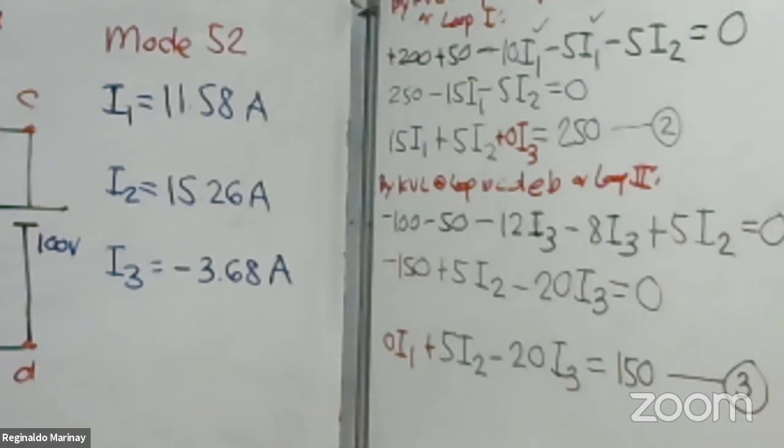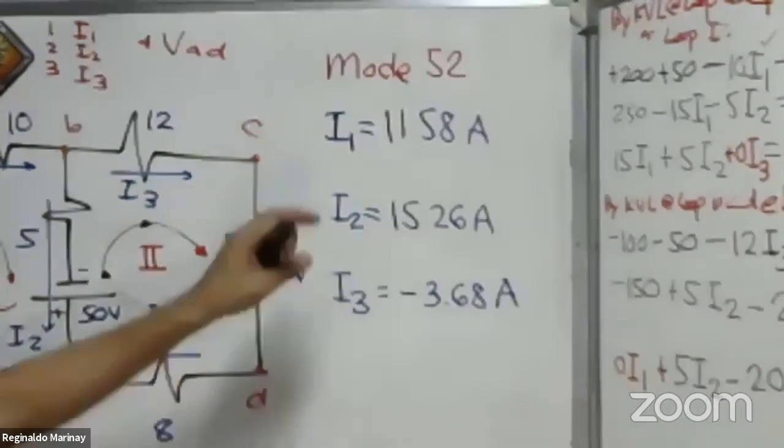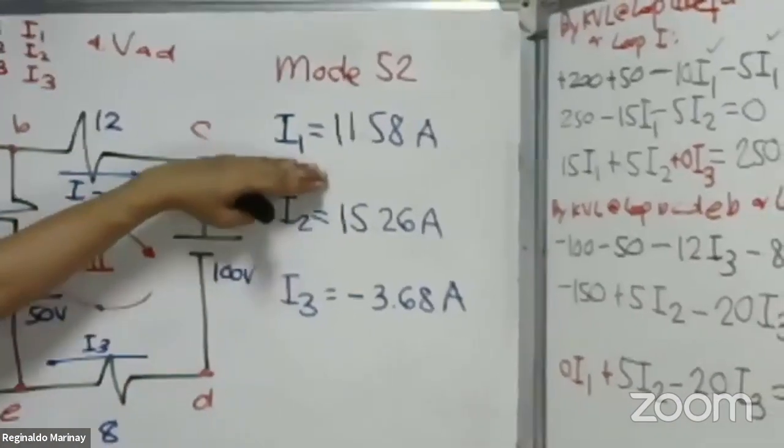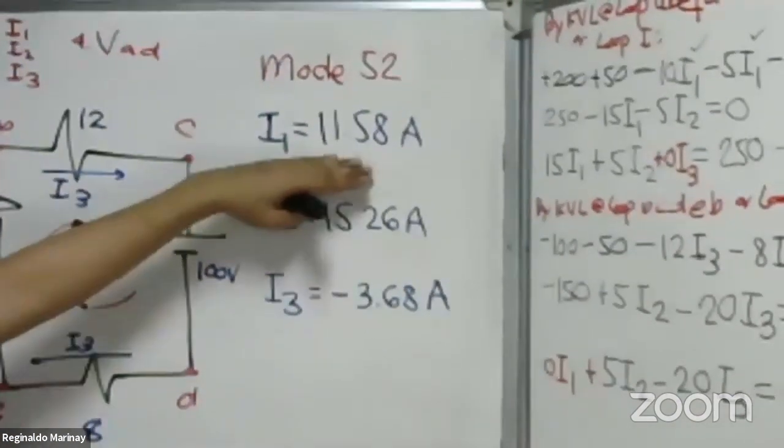Okay, so these are the currents. Let's see in our multiple choice if our answers are there. Again, let's take a look at our I1 here. Our answer is 11.58. That is letter